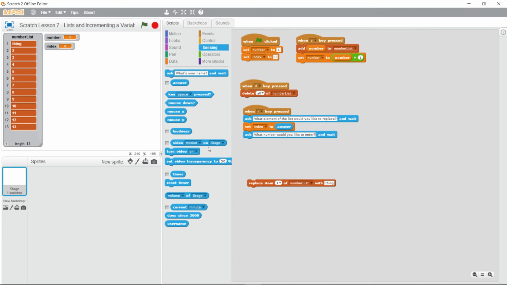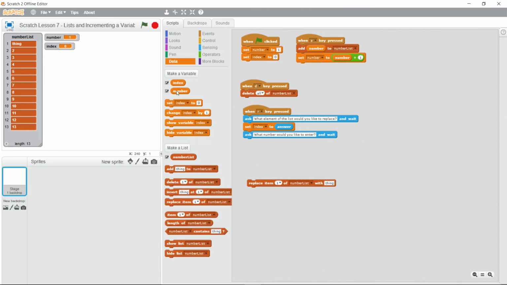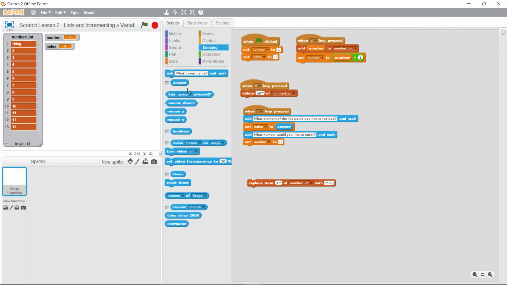Okay, and of course, in this case, I'm going to make my number equal to their answer. So I'll go back to data and say set number to the answer. Now I have the information I need. I know which position in my list I want to go to, and I know what value I want to put into that position. So now I'm going to go replace the